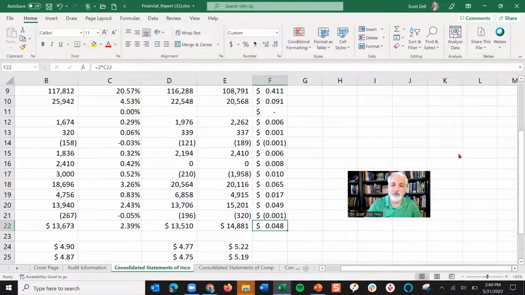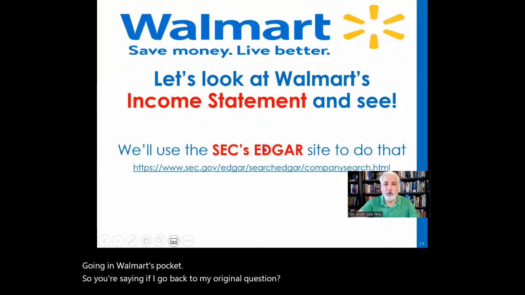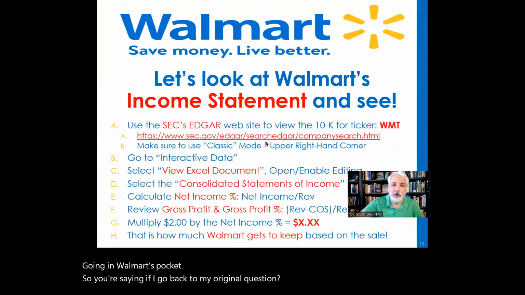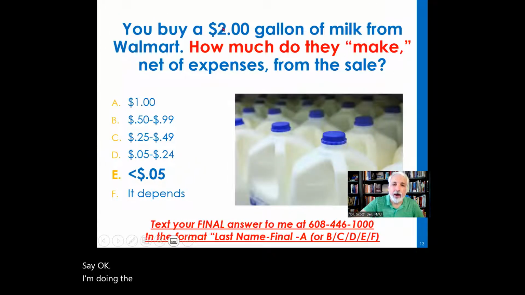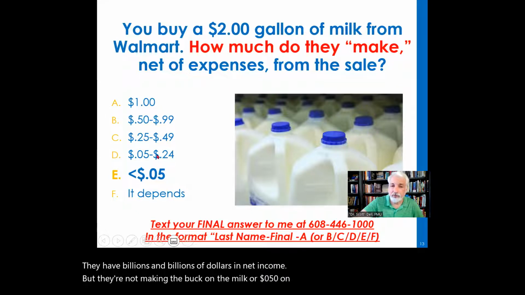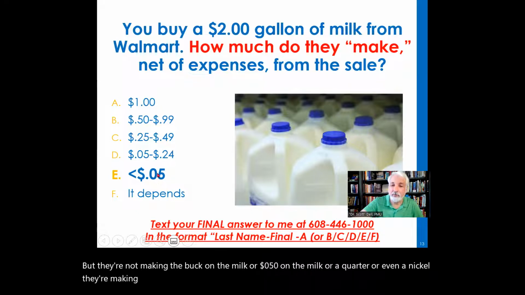So if I go back to my original question, say, okay, I'm doing the analysis. $2 gallon milk, Walmart makes less than a nickel. Now they make a lot of nickels. They have billions and billions of dollars in net income, but they're not making the buck on the milk or 50 cents on the milk or a quarter or even a nickel. They're making less than a nickel on the milk.